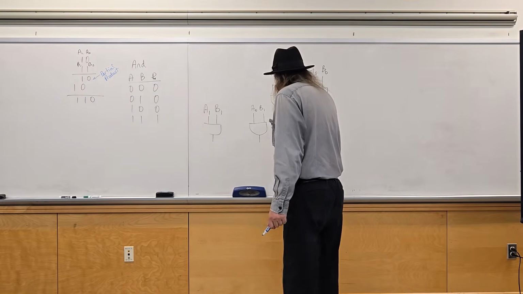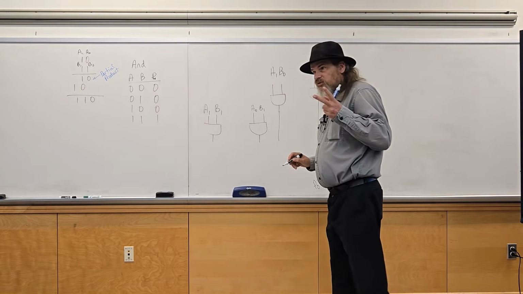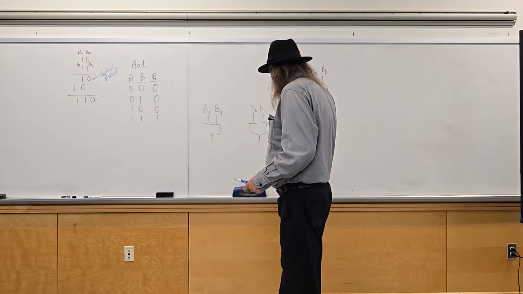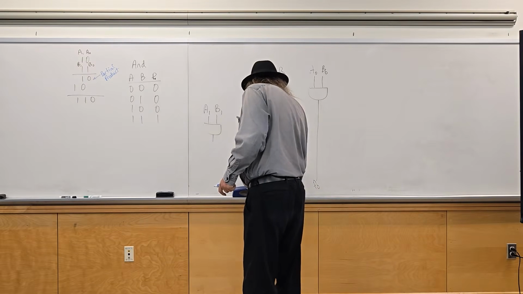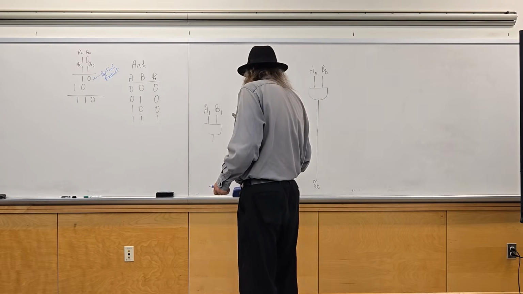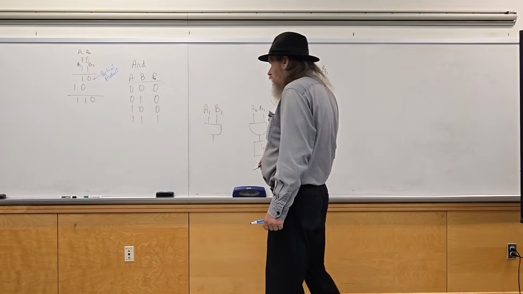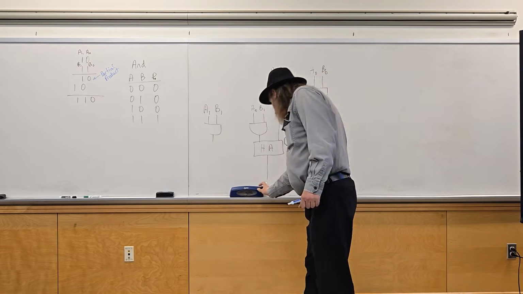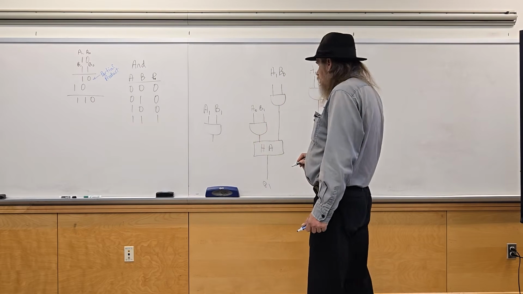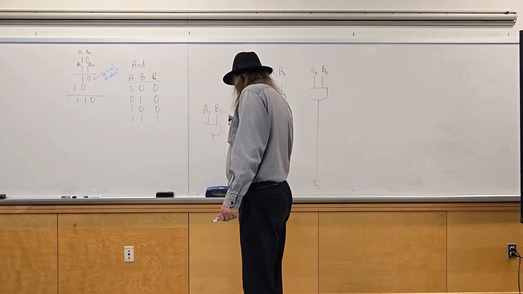In this case, you only have 2 bits to be added together, so you can use a half adder. And the sum is your P1, and your carry